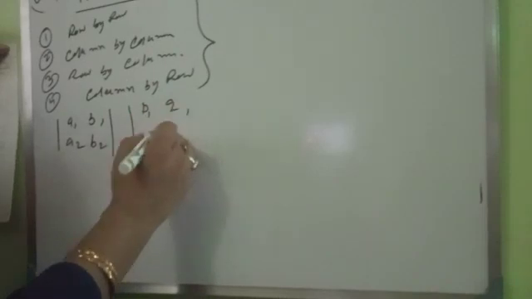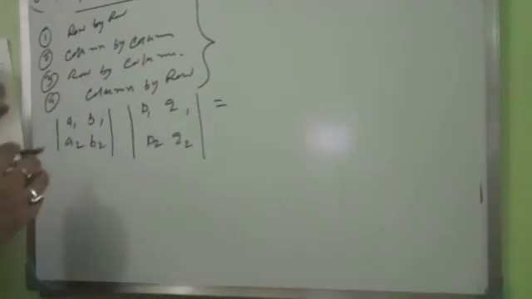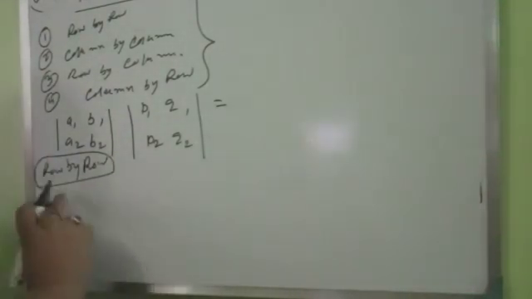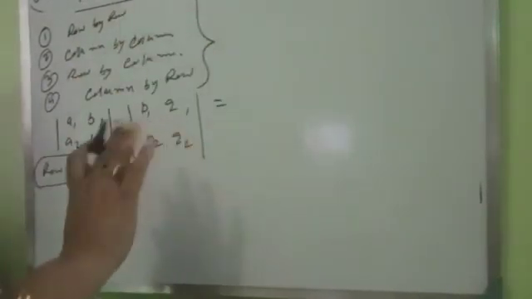Okay, but I would suggest all of you just follow any one method. I always suggest to do in this way: P1, Q1, P2, Q2. Okay, so this is row by row. I always follow in this way. If you want, you can always follow row by row. When matrix determinant multiplication is there, always follow row by row. Another method can be done, but you should follow only one method. All the methods no need to do.